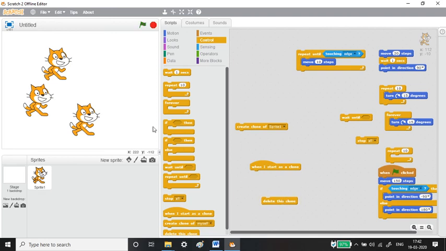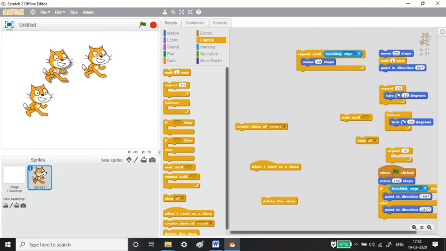Got it? And if you stop everything, all the clones will disappear. Either you can use the delete this clone block to delete a particular cloned sprite, or you can just press the stop button so that all the created clones disappear.